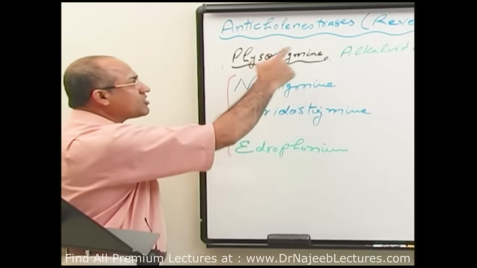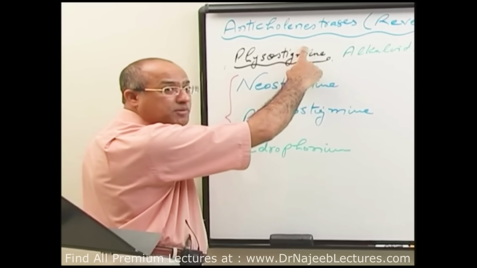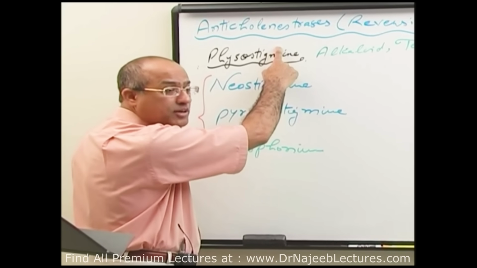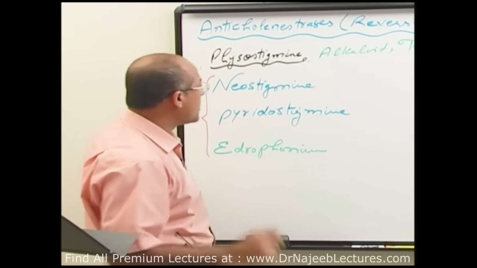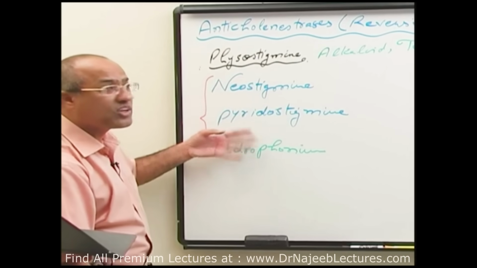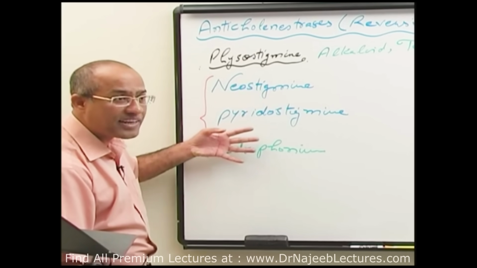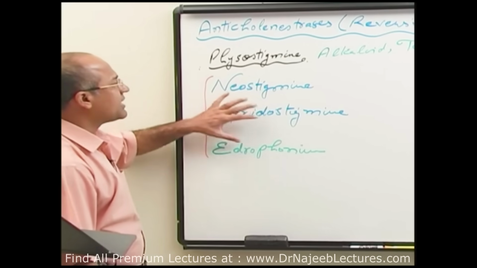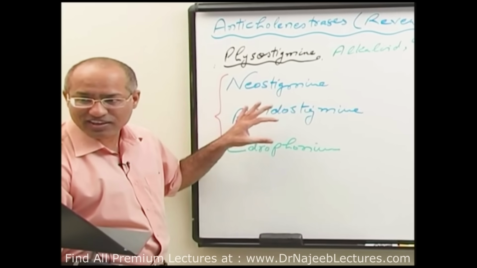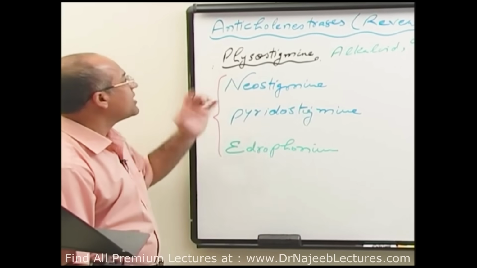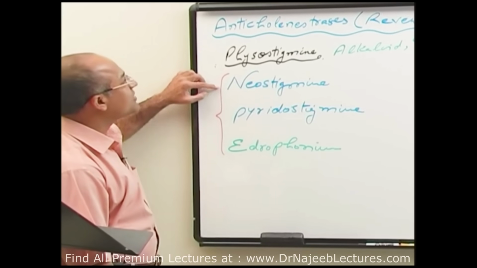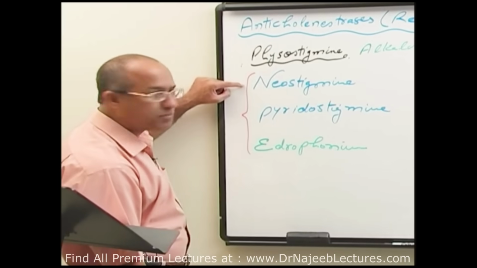So it means physostigmine will be able to cross the blood-brain barrier and produce action in the central nervous system, and even can produce toxicity in the central nervous system. But neostigmine, pyridostigmine, edrophonium, they are more polar molecules. They cannot cross the blood-brain barrier effectively, so they cannot produce CNS toxicity. Is that right? Am I clear? In the same way, if you compare physostigmine and neostigmine, it is more lipid soluble, it is less lipid soluble.